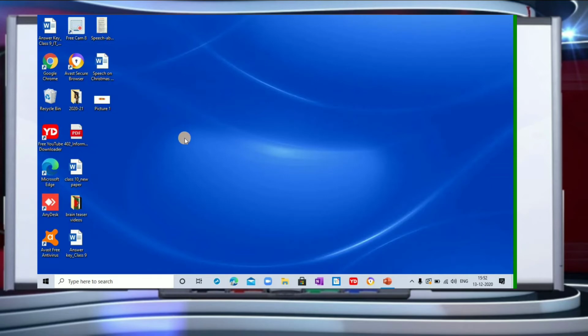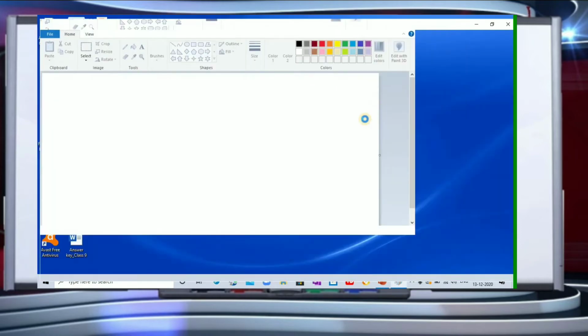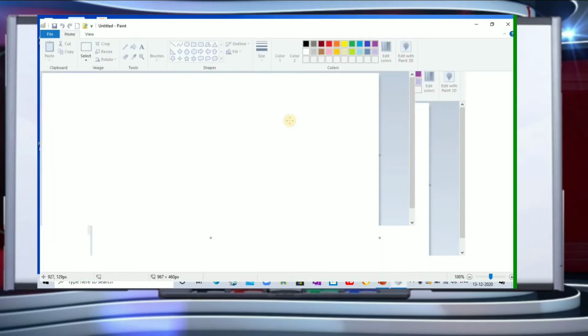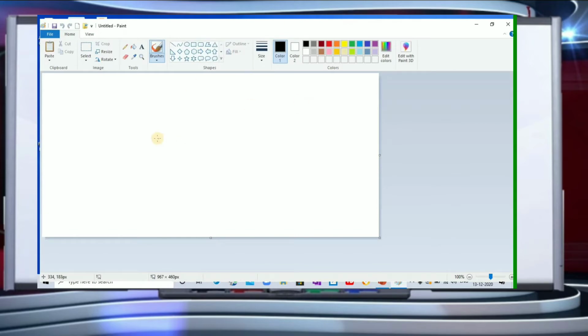Now you will see a paintbrush screen here. So this is your paintbrush window. Now if you remember, in the previous chapter we learned all about these tools. We have learned about the clipboard group, what all options we have, what is the function of cut, copy and paste, how we can use resize, how we can use the rotate function, and how we can use these tools that we have in the tools group. We have the eraser tool, pencil tool, airbrush tool, and text box. So these are the options that we have already learned about.